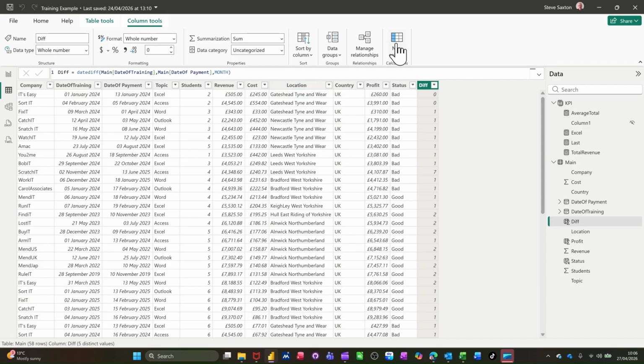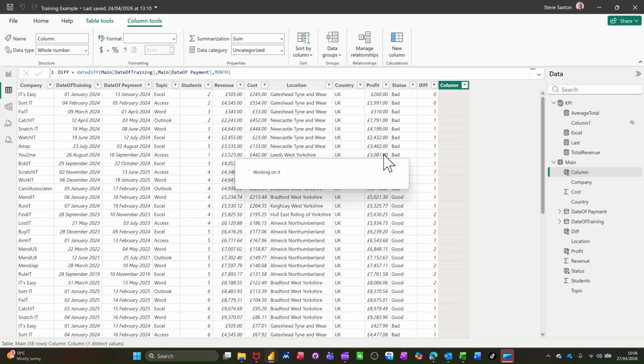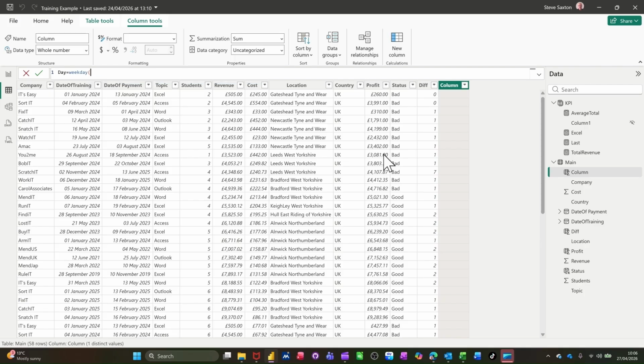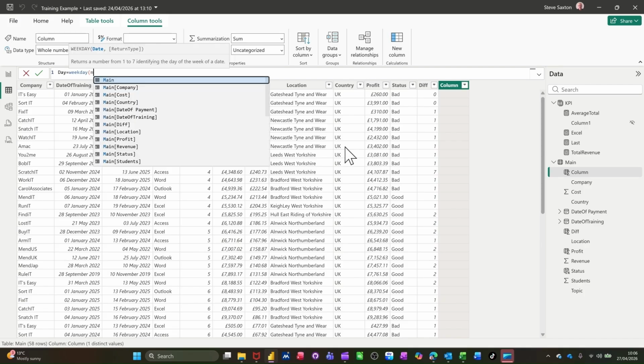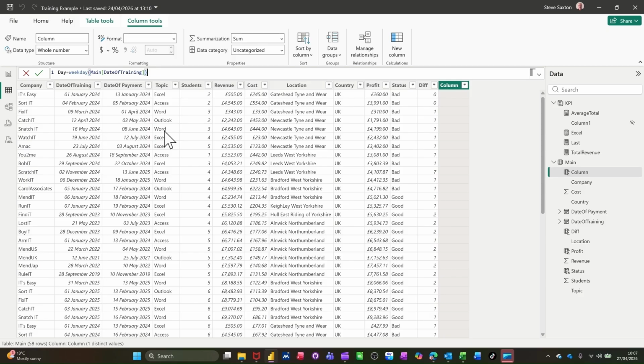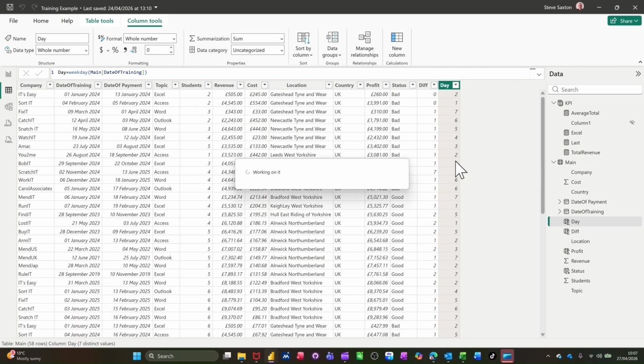A new column. This time I want to know what weekday the training is on, so I can do some analysis on which is the best day for training. I'll call this day, and the function is called weekday. So weekday, open the bracket, and then you're referring to the date of training again. So main, and then I want date of training, and I'll ignore that list, just close the bracket and tick, and see what comes up there. It should come up with a number,